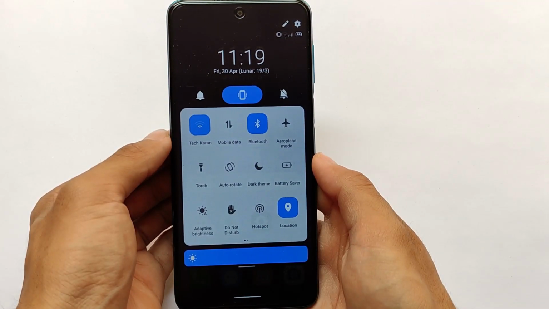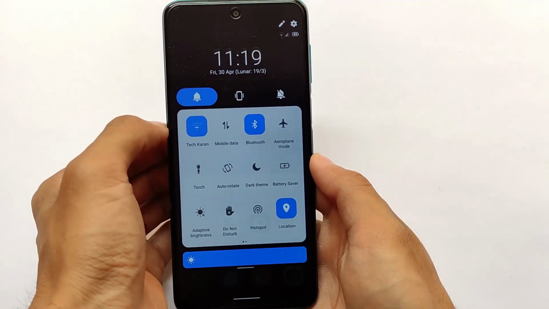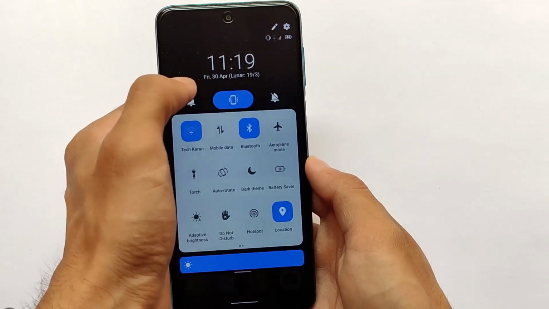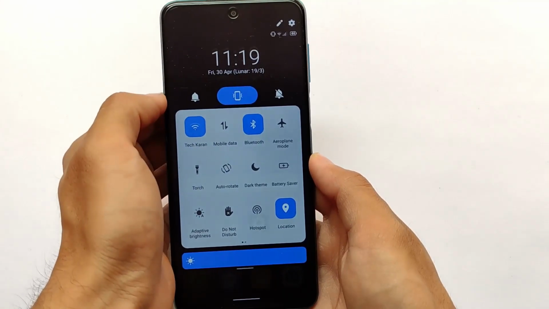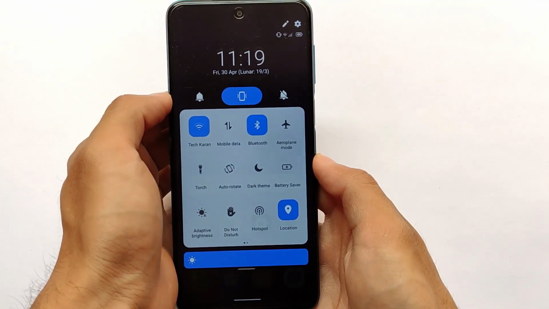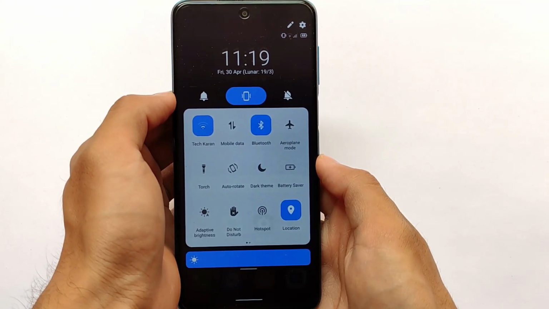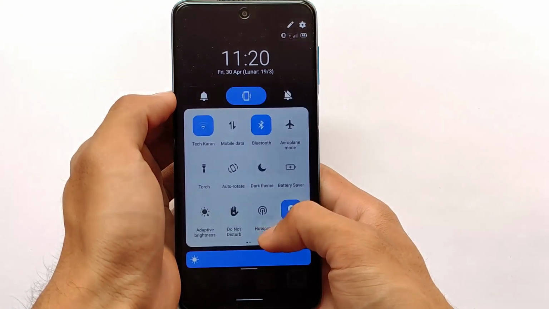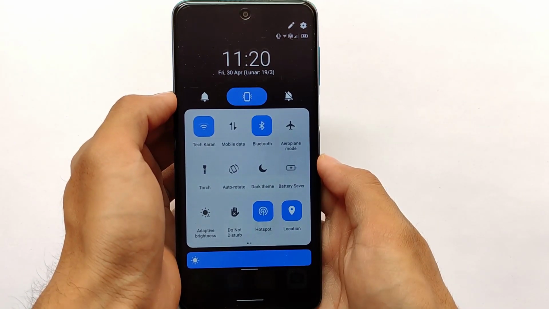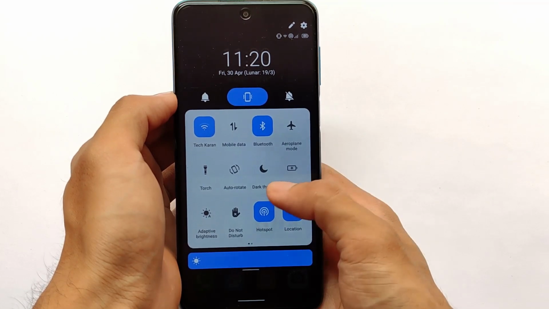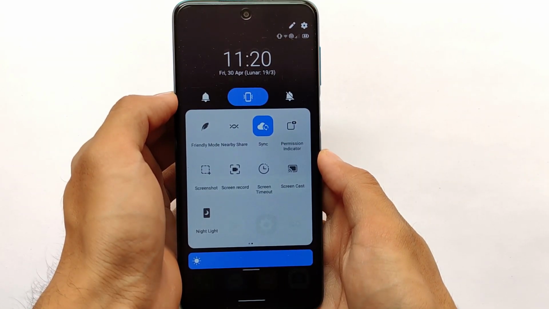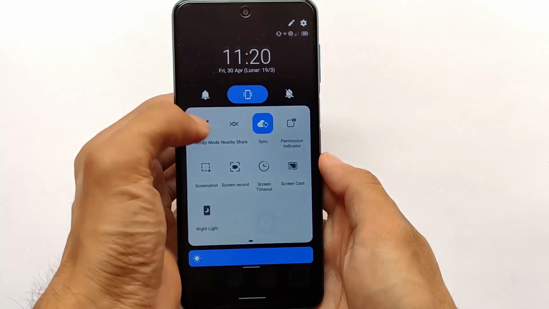Quick settings panel has three main tiles available for you, or you can say three main shortcuts: ring, vibrate or silent, which you can use on your devices. Including that, the tile icons are also something bigger here. Also, if you talk about Wi-Fi and hotspot, both of the things are working at the same time, which seems to be very good.